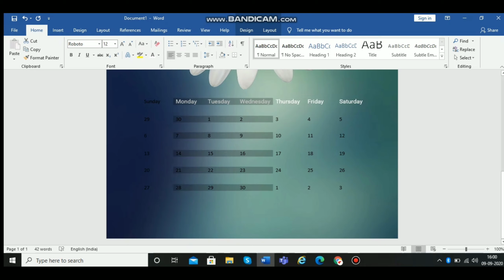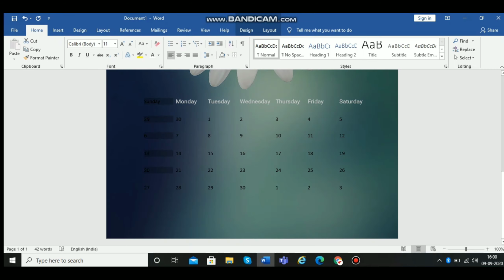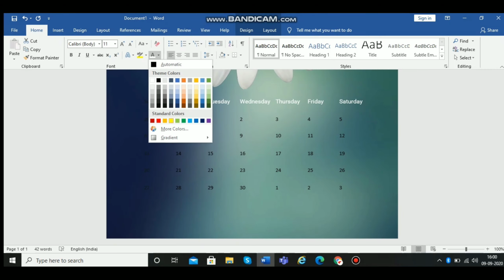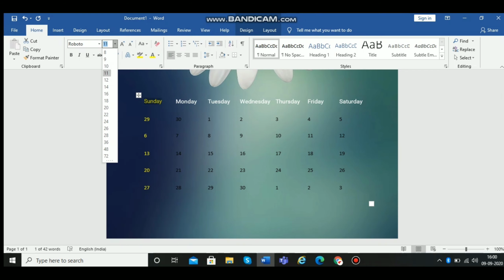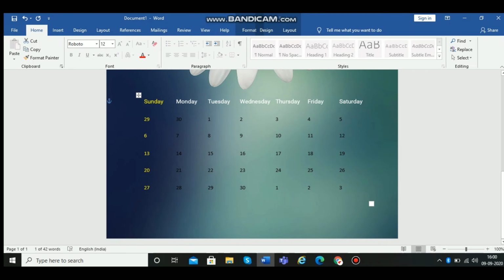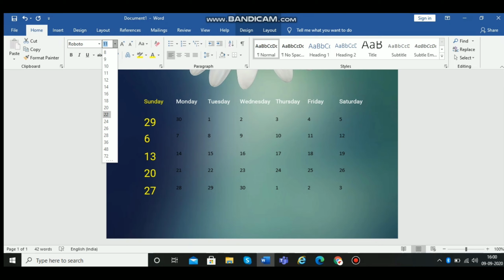And the days also we'll give the same, the number of days, and yeah, for Sunday and the dates and the day of Sunday we'll give it the color yellow, and the day I will give the font Roboto and the text would be of 12 size, and the dates like this 29, 31 we'll give them the font Roboto and the text size will be 24 or 22 or whatever you would like to. I would prefer 22 to you.